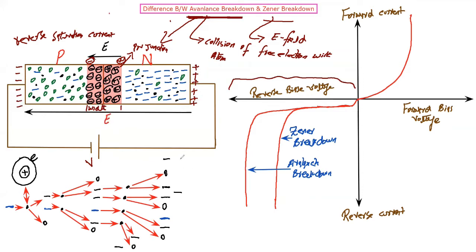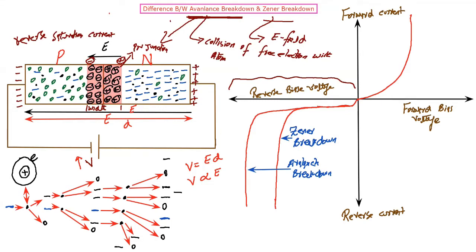As we know, we have a relation that V is equal to E times D, electric field times distance. What is D? In this case, D is this distance, and that will remain constant. If D is constant, then it means that your voltage is directly proportional to E. What is meant by this? It means that if you increase the applied voltage, then the electric field will also get increased. The intensity of this electric field will also get increased, and the width of this p-n junction will also get